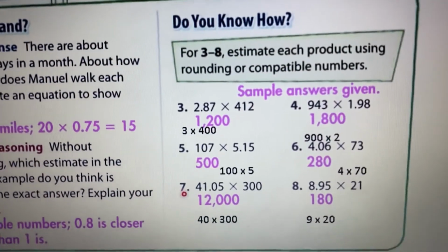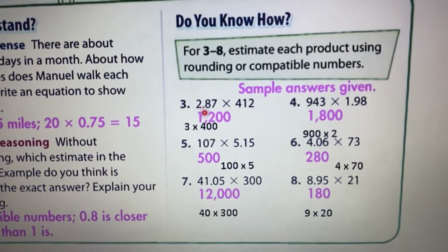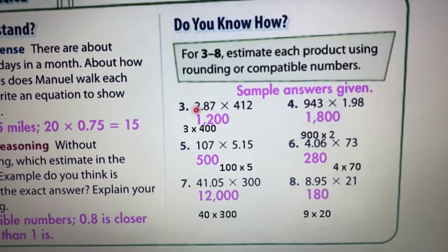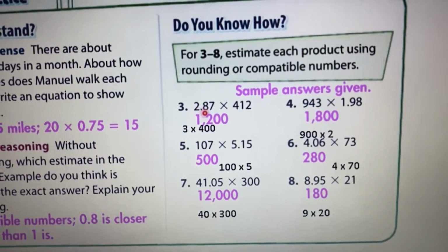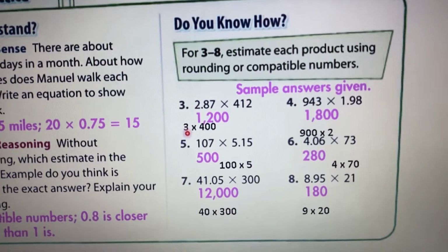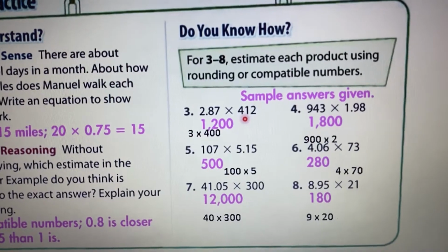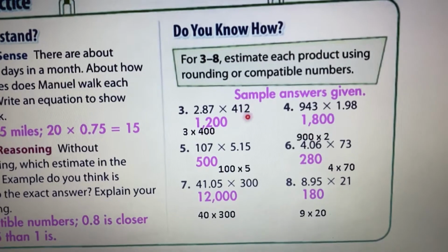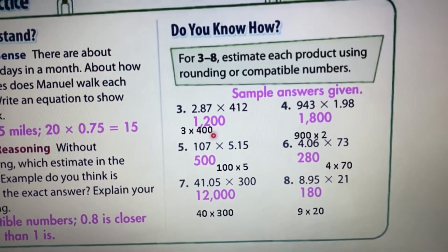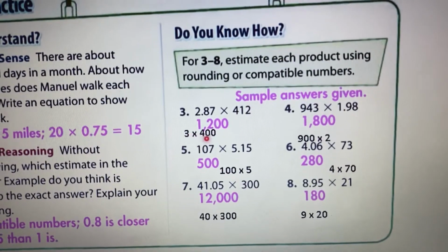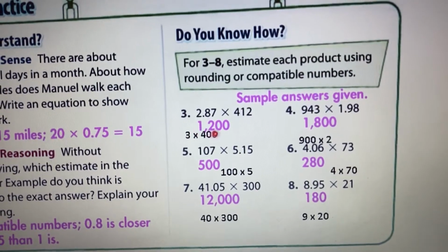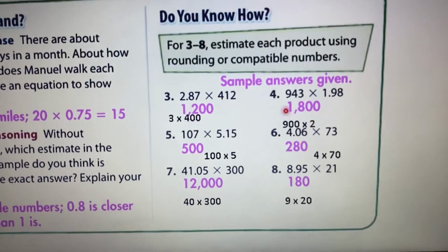Now let's solve these questions. 2.87 is between 2 and 3, but since I have here 8, it's closer to 3. So 3 times 412, it's between 400 and 500, but since I have here 12, it's closer to 400. So 3 times 400 is 1,200. Question number 4,